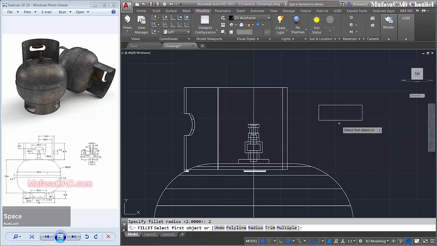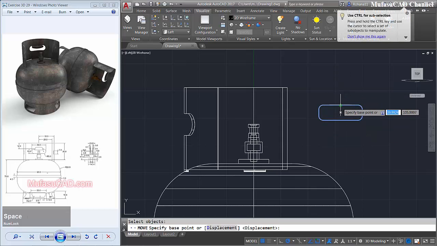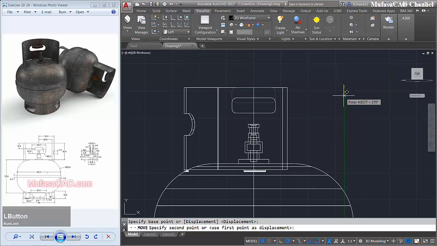You can use the multiple option. We fillet at this corner, in here, and the last in here. Enter. Move this object start from this point to this point, and move this object to the bottom about 15